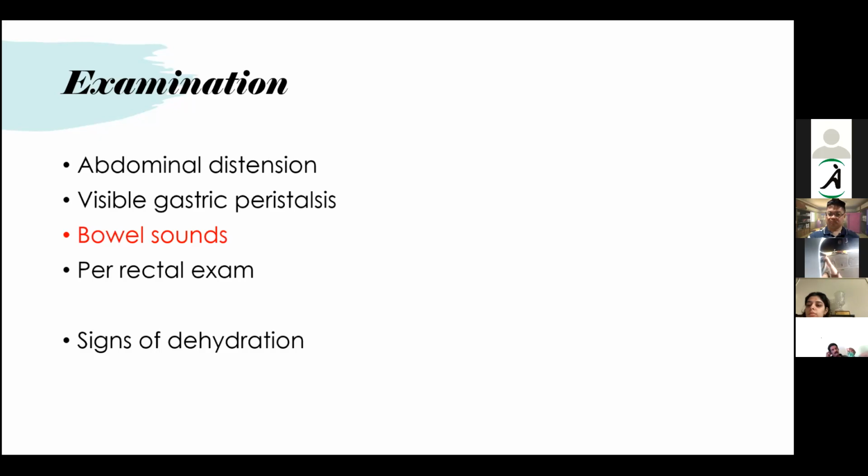The patient has not passed stools for 4 or 5 days, and when you're doing a PR examination, there is no fecal matter there. So what you can infer is that the bowel content, the fecal matter, is not reaching the rectum. So it can be a sign of bowel obstruction. Per rectal examination is one important thing. Signs of dehydration is something that you should look for. If the patient is very dehydrated, an otherwise good patient who is very dehydrated, we can always help him with some IV fluids or something like that. That will be based on the condition of the patient, which we will discuss later.